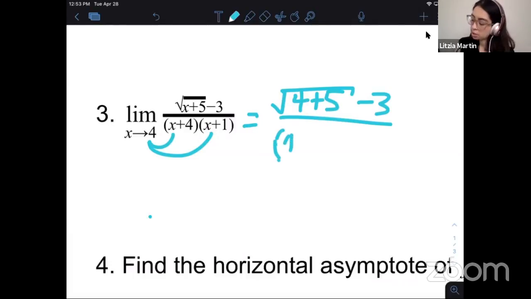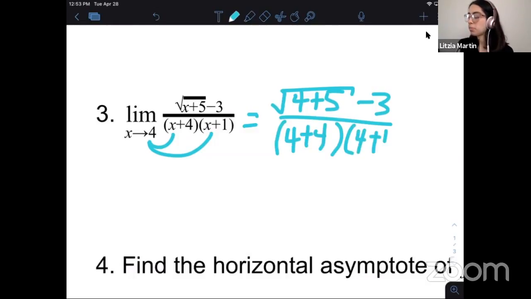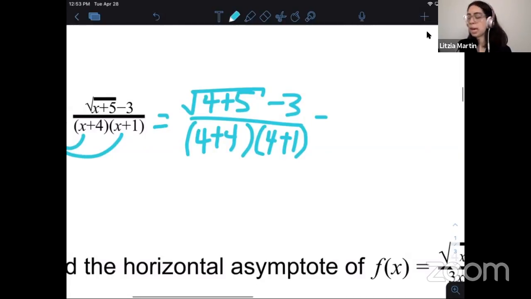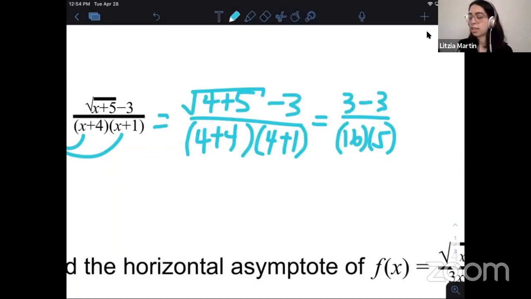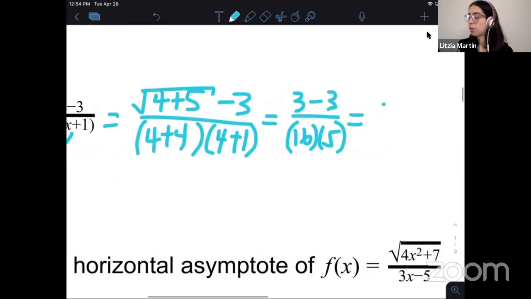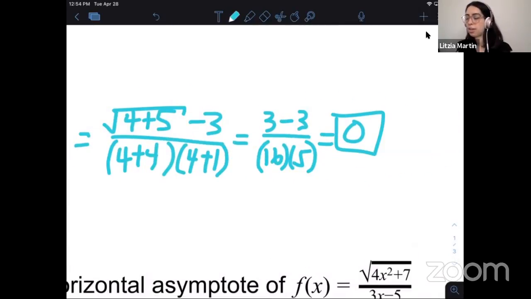So we're doing direct substitution. Okay, so this will be 4 plus 4 times 4 plus 1. And square root of 9 is 3, minus 3. 3 minus 3 is 0. So 0 divided by anything is going to equal 0. So there's that example. Wasn't really too exciting